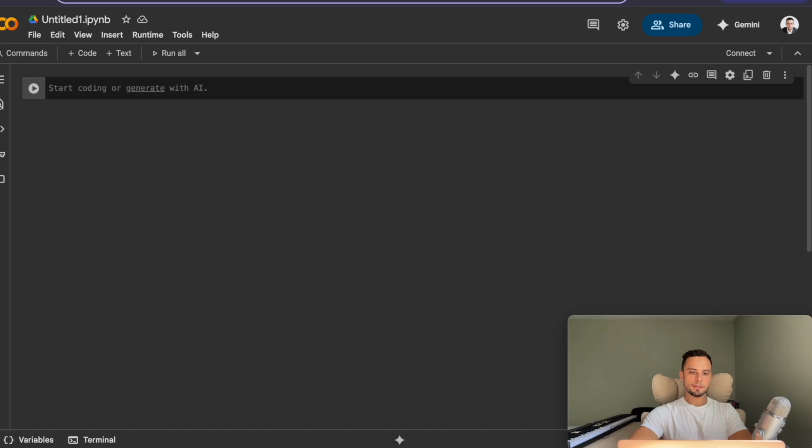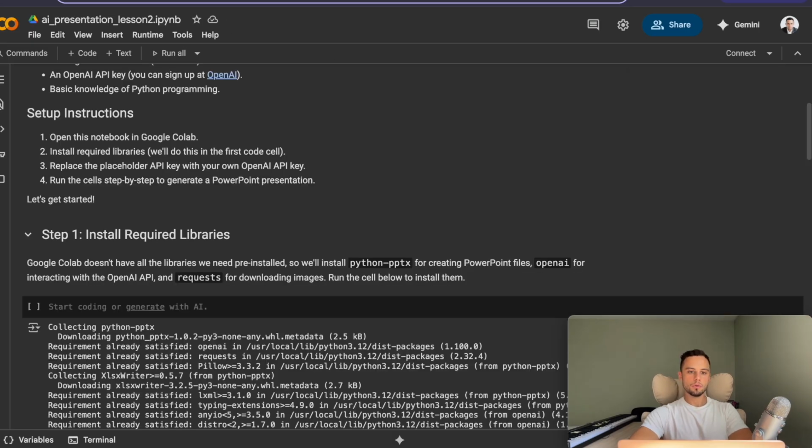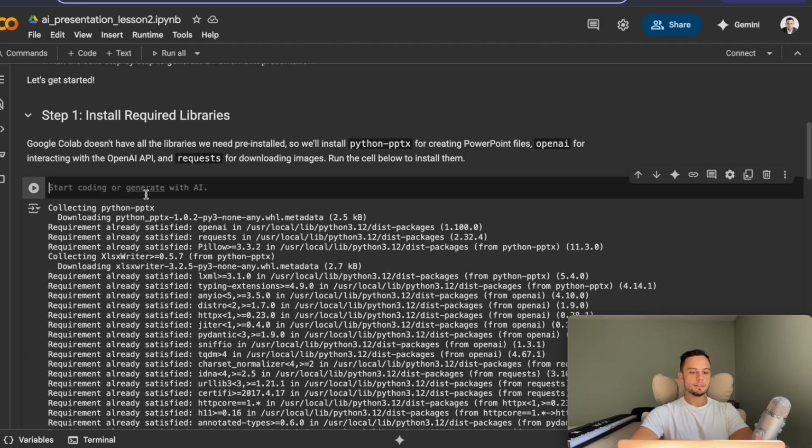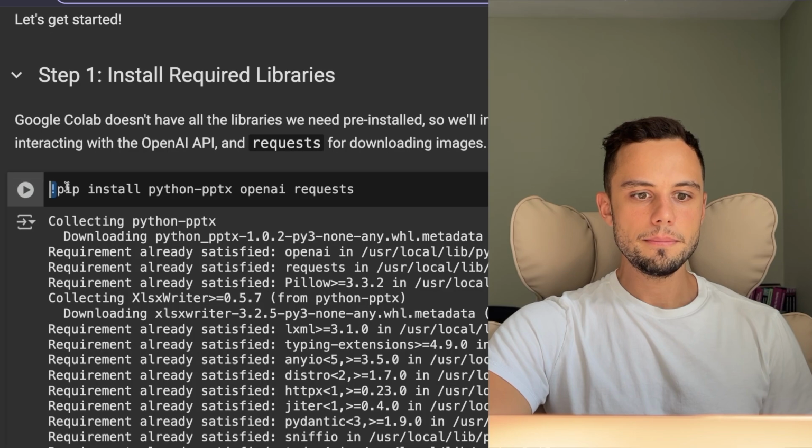So whether you created a brand new Jupyter notebook or you're writing this one with me, it doesn't really matter. The code is going to be exactly the same. Okay, so the first thing that I will do is I'll write pip install